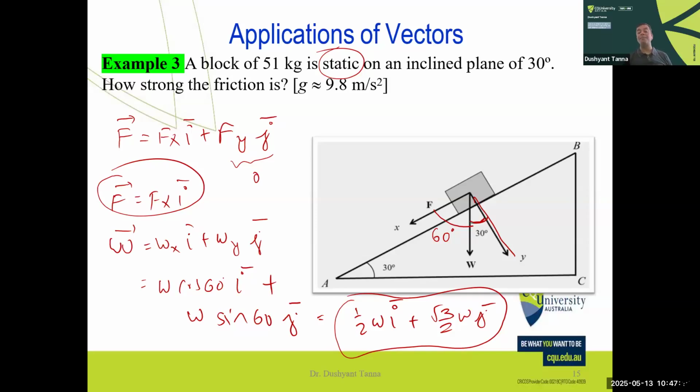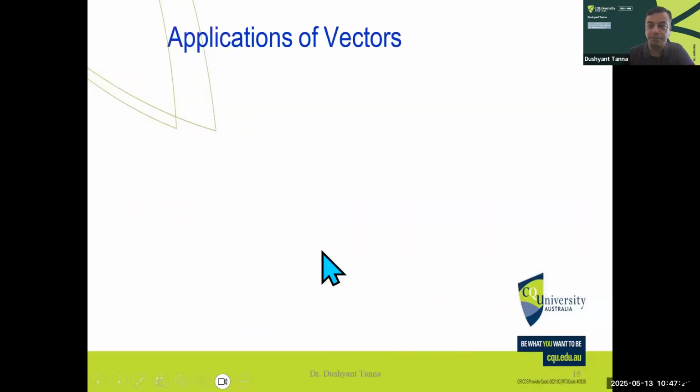Over here, it's static. That means the forces exerted and applied to this object are all in equilibrium. So they all nullify one another, and that's why it's not moving. Right. So